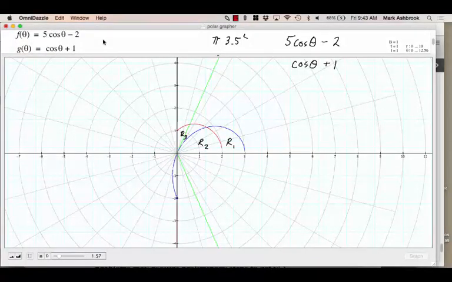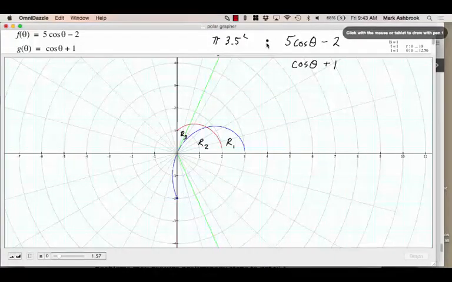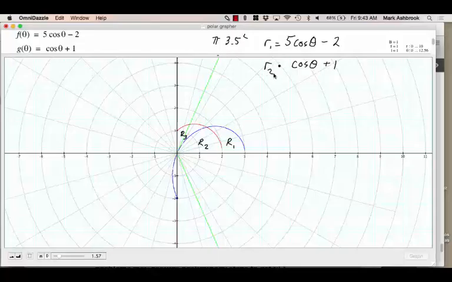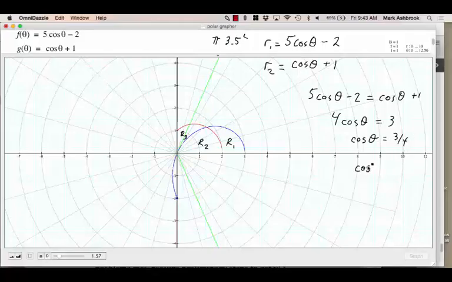So where do they intersect? Well, they intersect where r is the same, right? So for the angle that they're the same distance from the pole, we need to find that angle. If this is r1 and this is r2, we're looking for the value of theta that gives r to be the same. So we set the r values equal. 5 cosine theta minus 2 equals cosine theta plus 1. And so then 4 cosine theta equals 3. And cosine theta is 3/4. So it's the arc cosine of